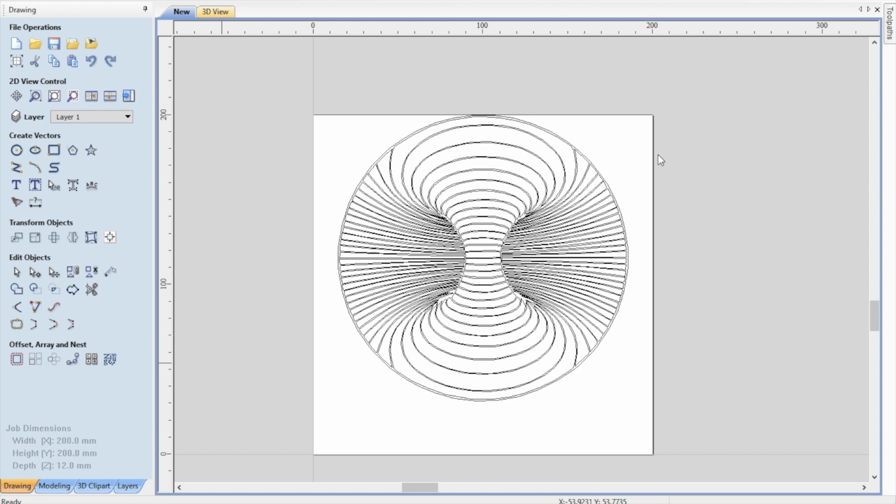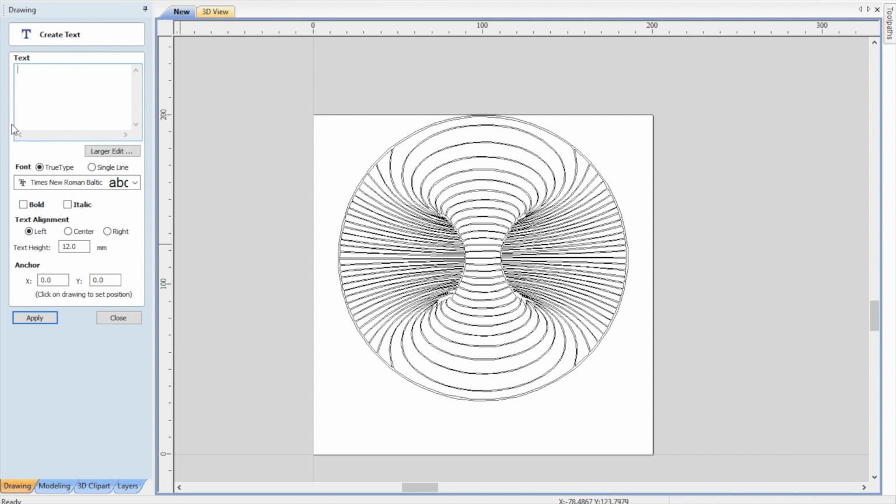In this tutorial I'm just going to show you how you can add some text to your acrylic art and also how to export your image as a DXF. Let's start off by adding some text. So I've got my image on here, but I want to add, say, a name or something down the bottom here. So what I can do is come over to my draw text icon over here,